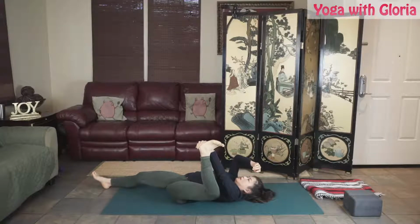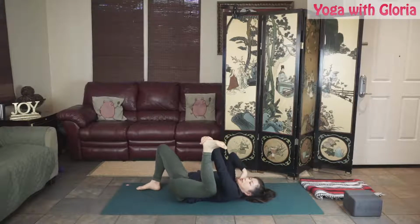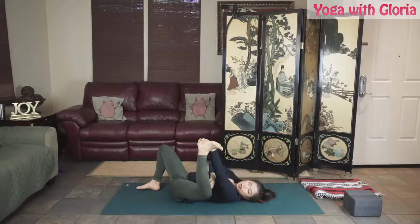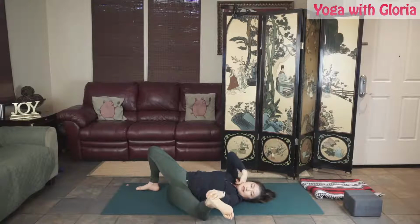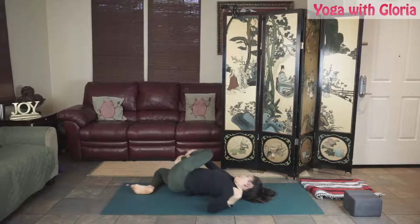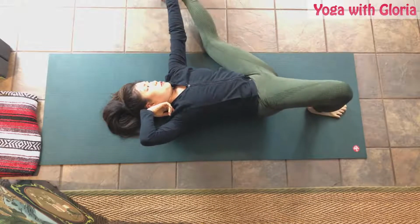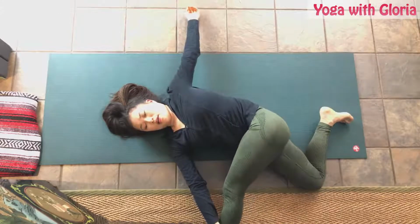Okay. So then from here, you can bend that right leg again. And you can hold on to half happy baby on the left side, inner arch. And you bring the left foot down, the left leg down, the left knee down, maybe straighten it. And then let's take it across and maybe straighten it. So you're going to bring your knee down, maybe your toes, and then you're going to cross your body, maybe